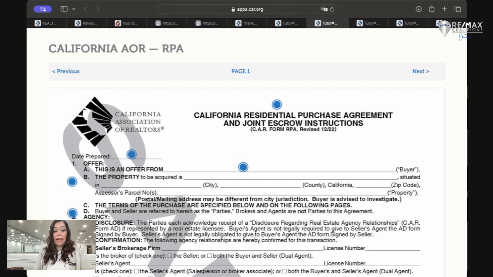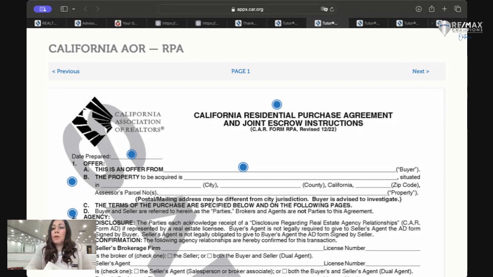So, as a real estate licensee, you should become familiar with the entire RPA so you can help guide your buyer or seller through what is typically the largest financial transaction that they would possibly ever have in their life. So, if you look on the RPA, page 1,